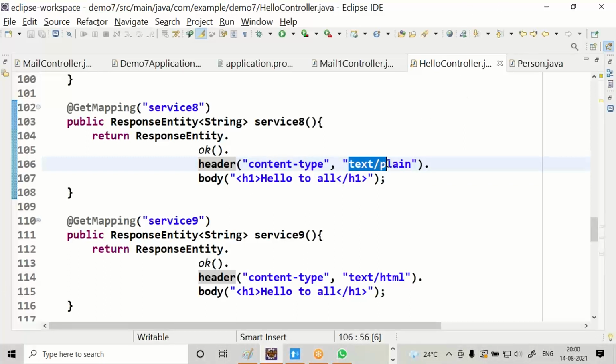You are telling the browser to consider my response as plain text.